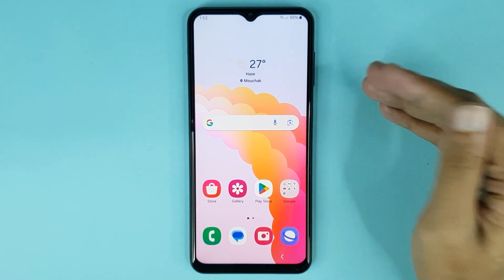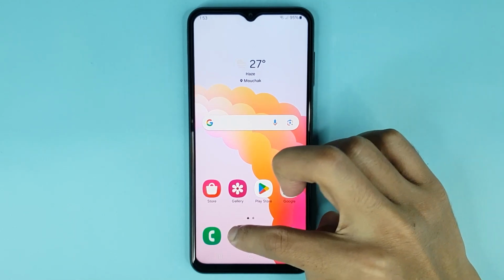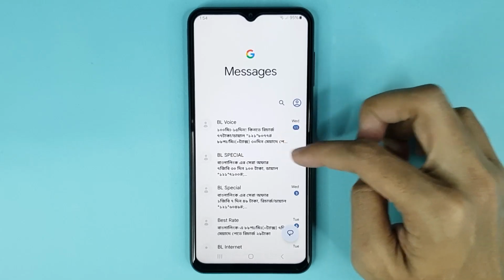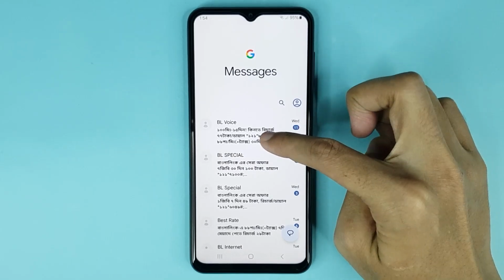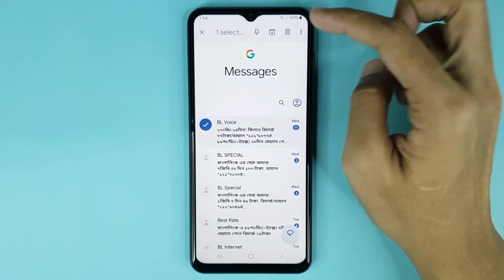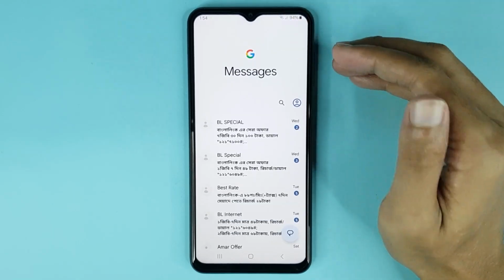in today's video I'm going to show you how to archive text messages on your Android phone. Now the first thing you have to do is open up your message app. Now from here, if you want to move this text message to your archive list, then just touch and hold it. And here at the top you can see the archive option, then just tap on archive